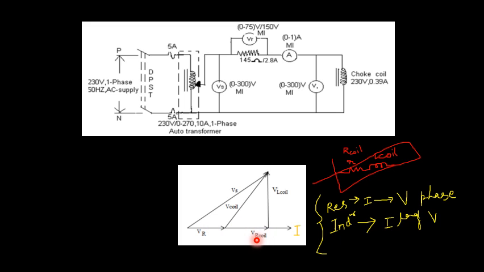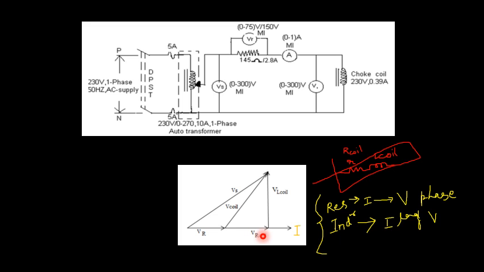So VR coil, once again R stands for a resistive component. VR coil is nothing but this one. If you have to check the relationship in terms of current as well as voltage, in case of a pure resistor, the current and voltage are in phase with each other. So again it has to be drawn on the x-axis, or on the axis of the current itself. So VR coil will also appear over here.